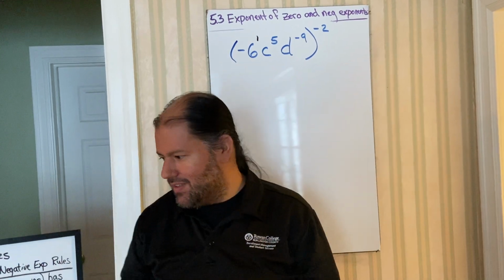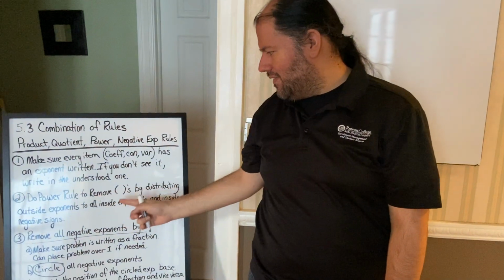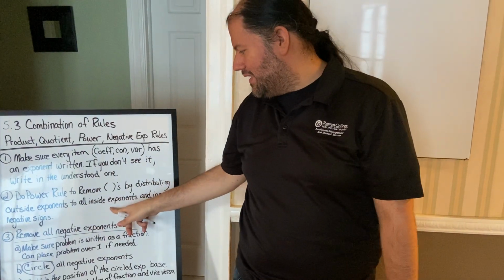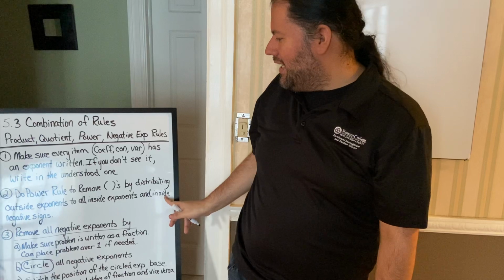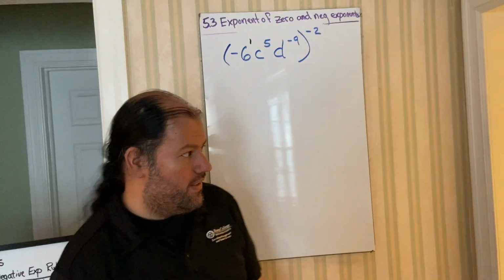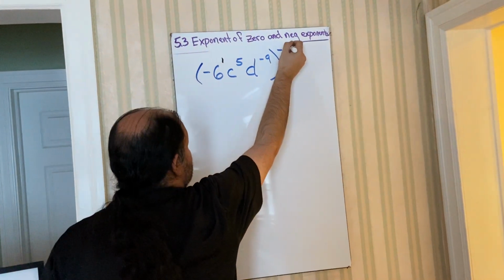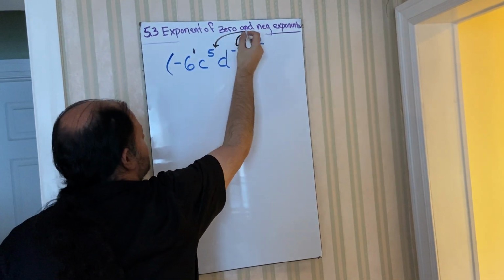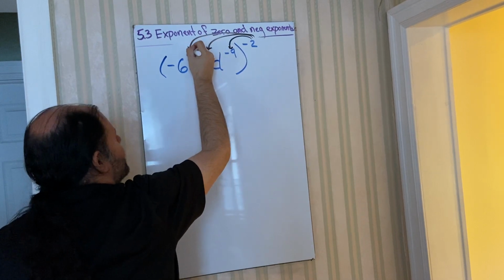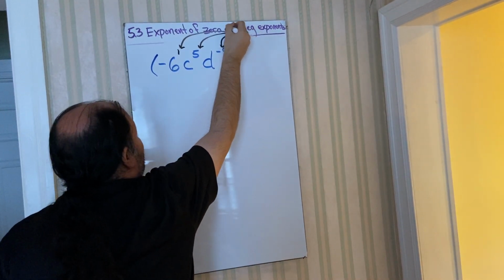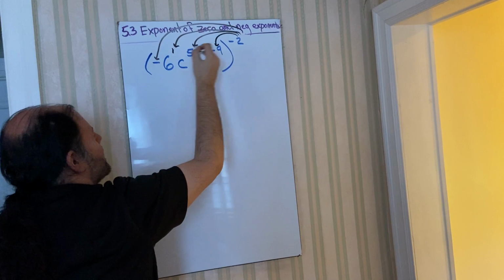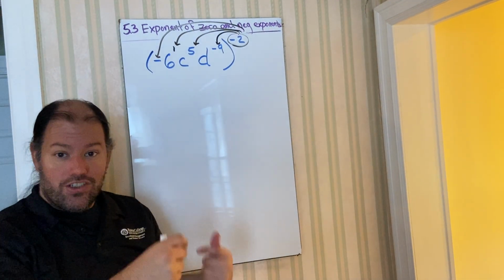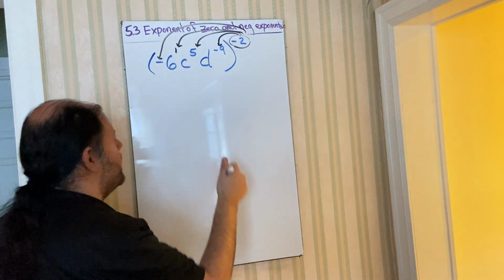Okay, remember what our step 2 is. Do the power rule. How do we do that? Distribute outside exponents to all inside exponents, and any inside negative signs. So this will be distribute to this exponent, to this exponent, to this exponent, and here. Okay. So when I distribute, I multiply. So